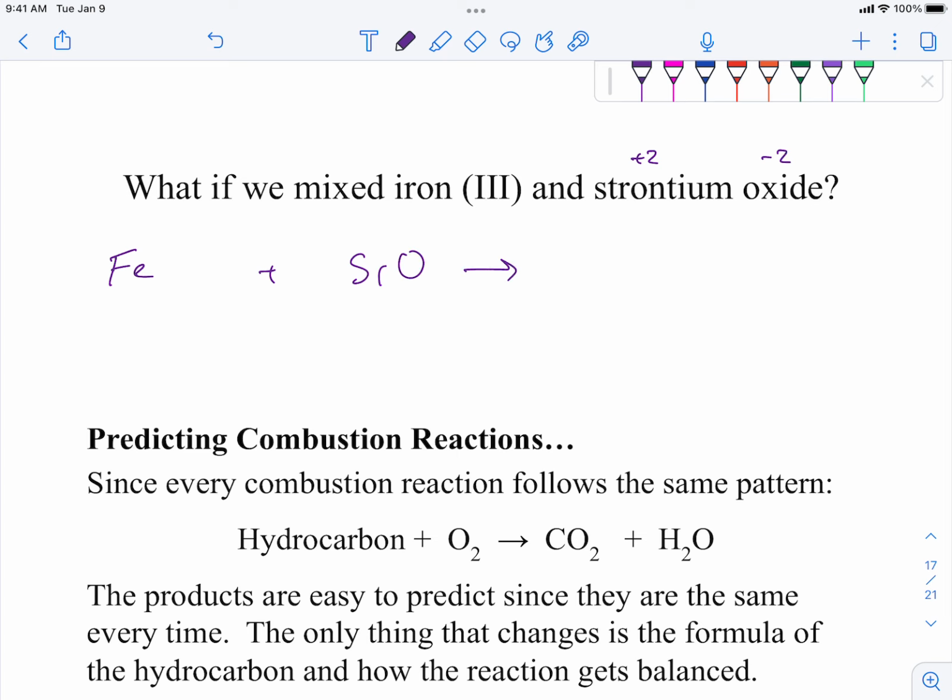So that's how we write that. Now you notice the difference here is that here I gave you the names, whereas in the previous example I gave you formulas. If you are given the names, you can still do this. You just have to write the formulas first, and then you have to predict what the formulas of the products will be. So now that we have our formulas,